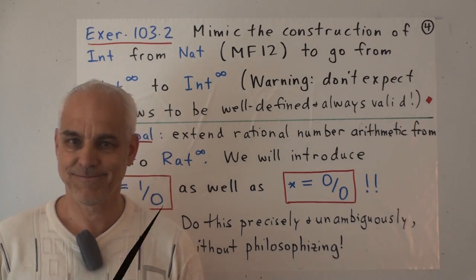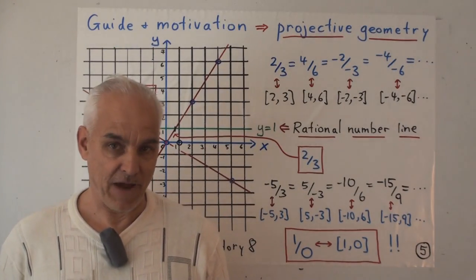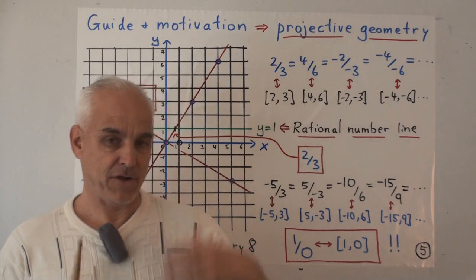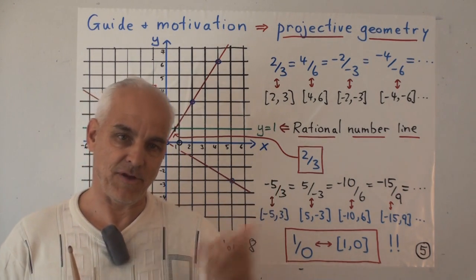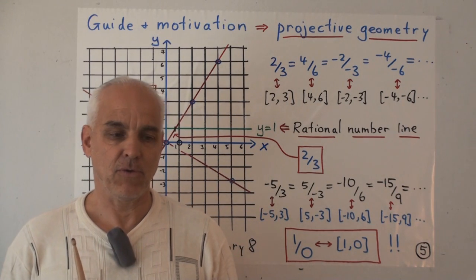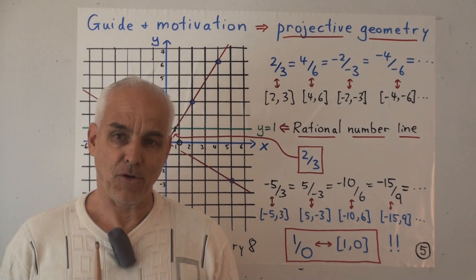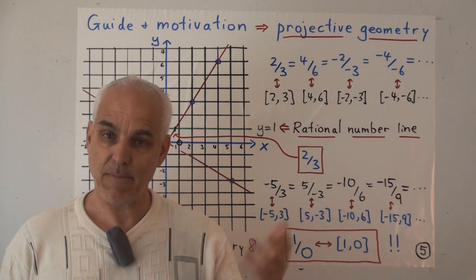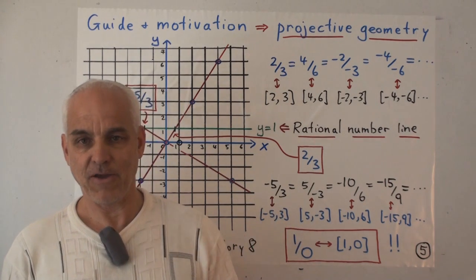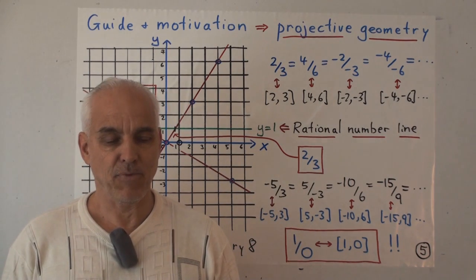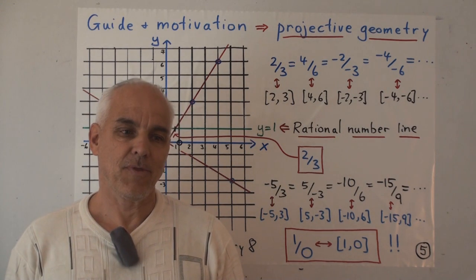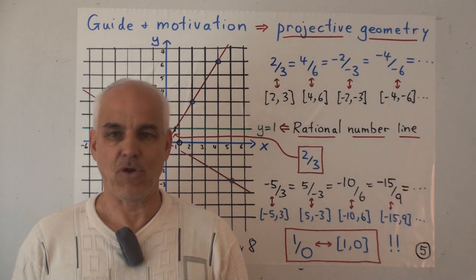That's our goal. Of course this is a favorite subject for amateur mathematicians and people who are philosophically inclined to try to create number systems where division by 0 is allowed. And every so often someone comes up with a framework for doing this. In fact, I think just a little while ago the BBC had a program about a mathematician in England who was teaching his students how to divide by 0. And the program presented this as something of a novelty. But in fact, this idea has been around for a long time.